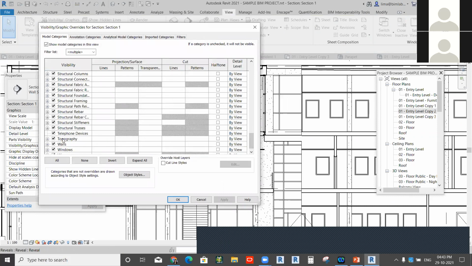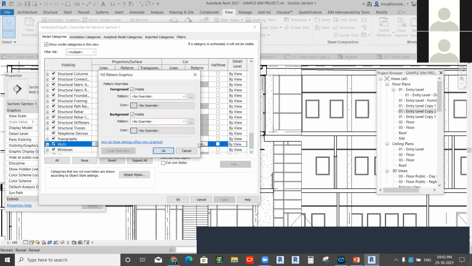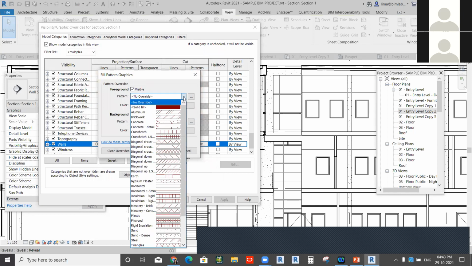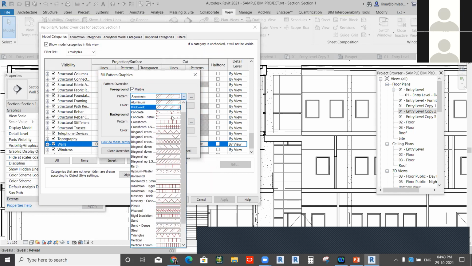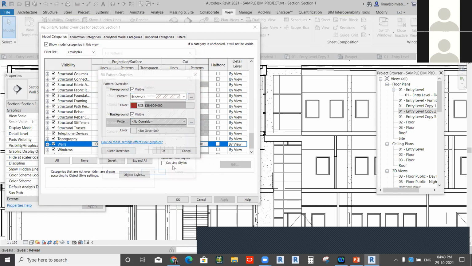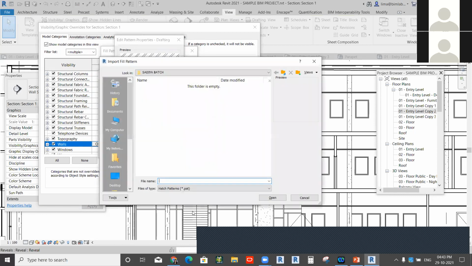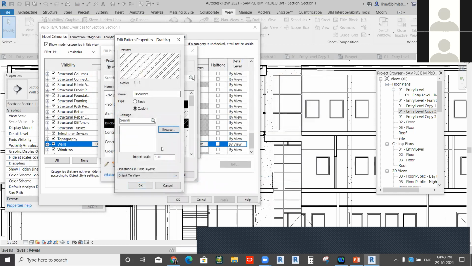If I want to set the cut pattern for walls, I can set this one. You can add any type of colors, and the pattern will be this one. You can also create your own custom pattern, but it should be a .pat format hatch pattern. You can download it from Google itself and apply it. You can also set the scale here.